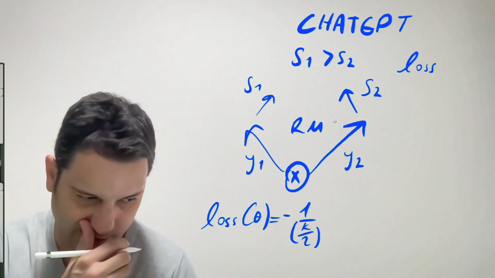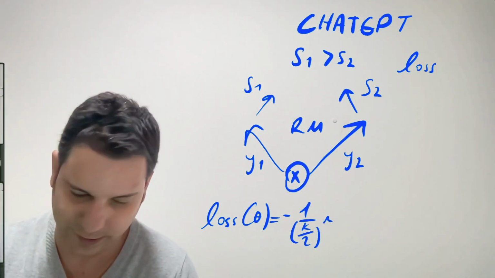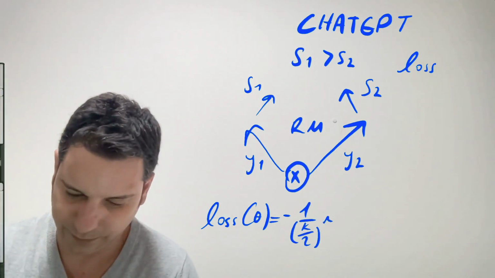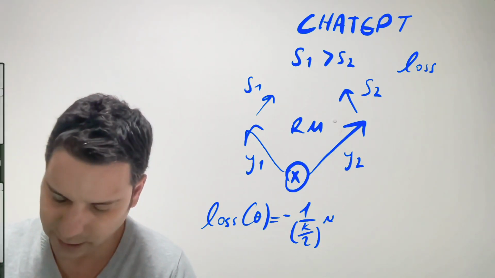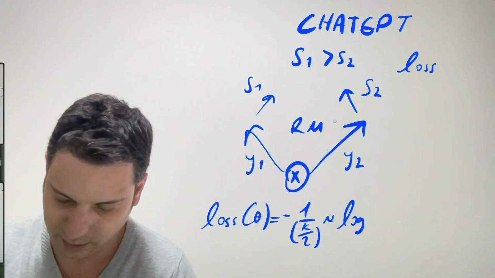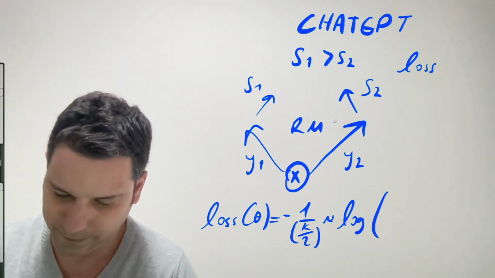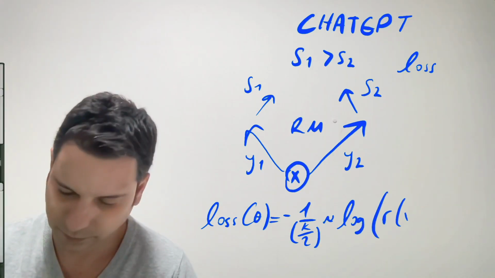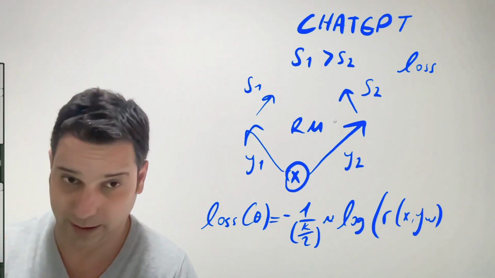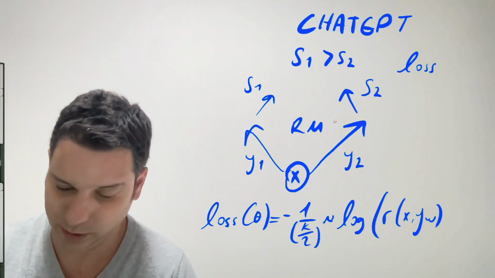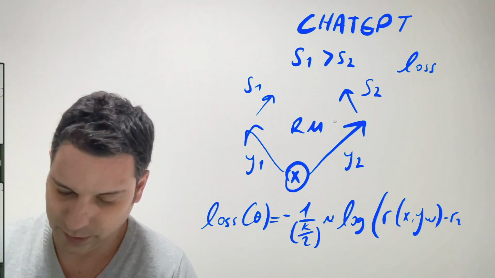So we normalize it, and we sample from the different prompts that we have, and essentially it's the log of the reward of the winning response, the one that the labeler ranked as the good one, to the losing